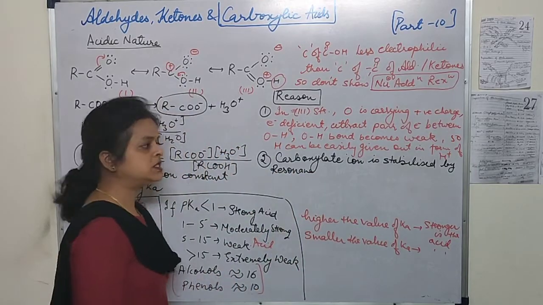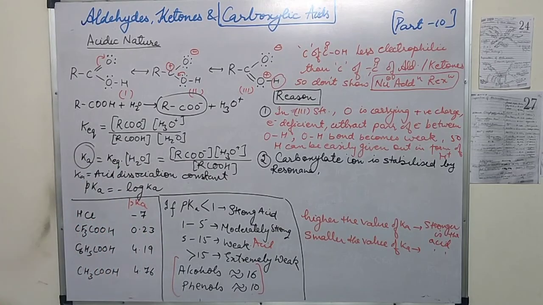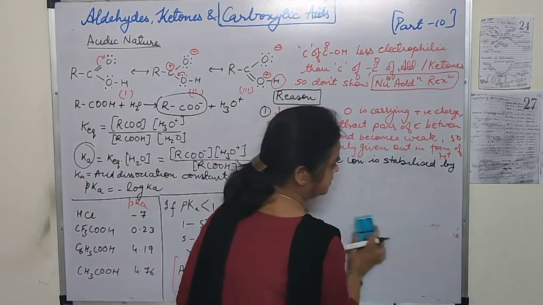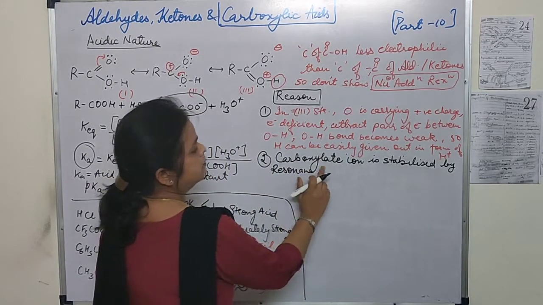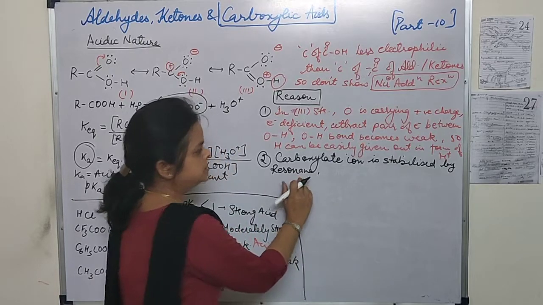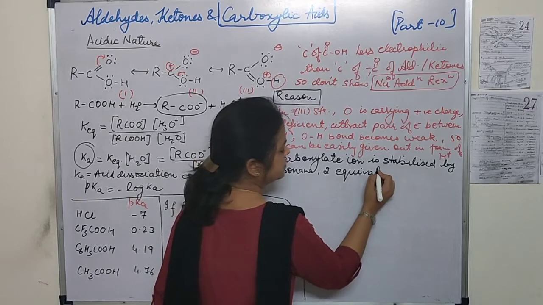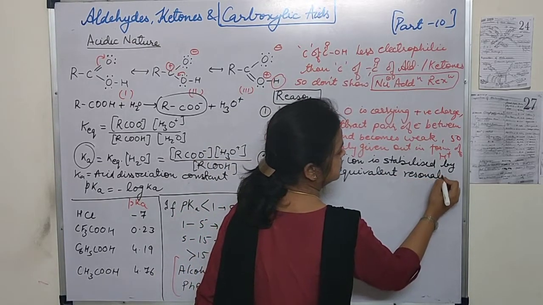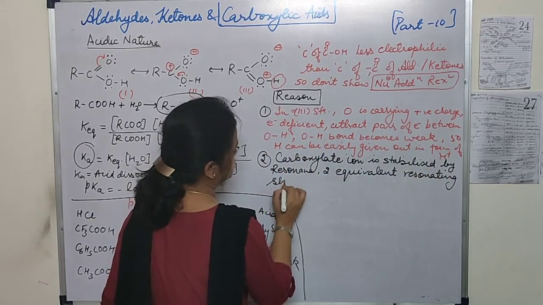It shows the resonance, and here we will write the resulting structures properly. Carboxylate ion is stabilized by resonance. It shows two equivalent resonating structures,